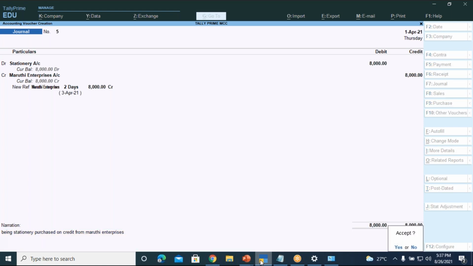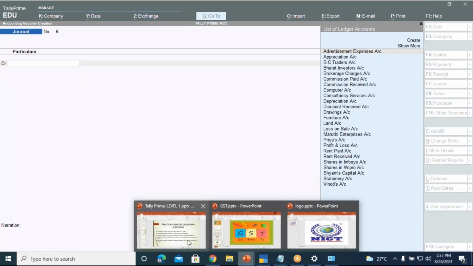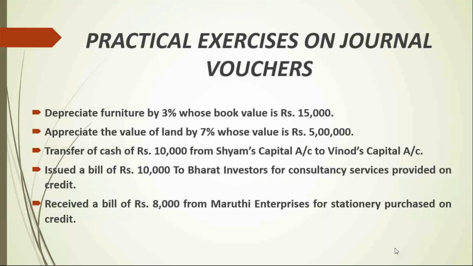So are you done with the entry? If you're done, accept, yes. So if you have not done, please pass the entry. Right. So once we are done with the entry,